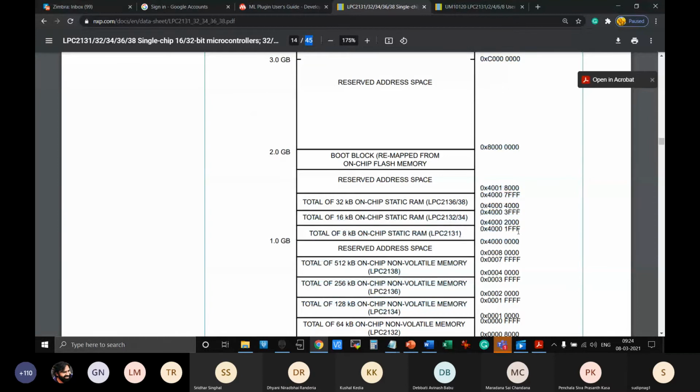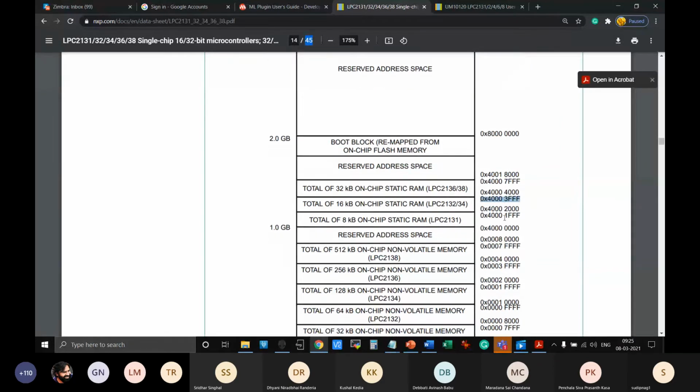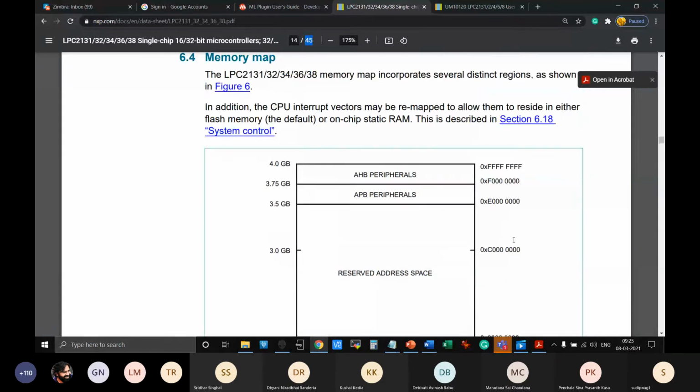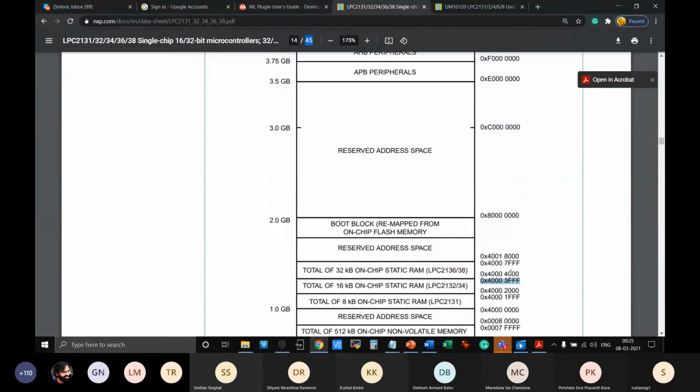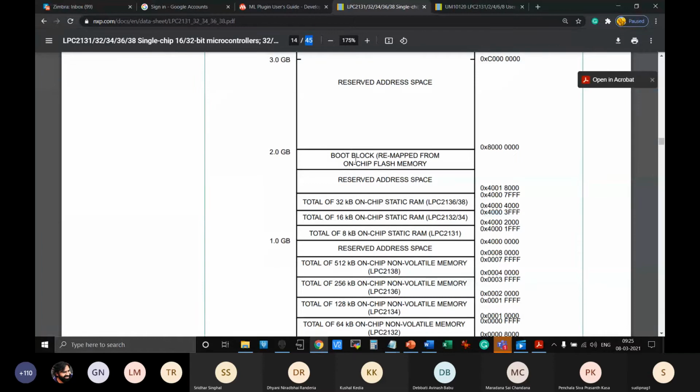But programmers who develop operating systems or system level code like boot code must have a very good idea about how to utilize these memory locations and how to keep track of them while writing that system level code. In embedded systems, we generally don't expect you to write boot code or operating system code, but you need to understand the basis and the link between the hardware and software very closely.